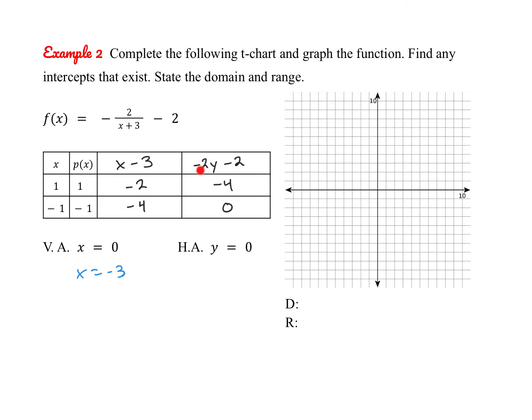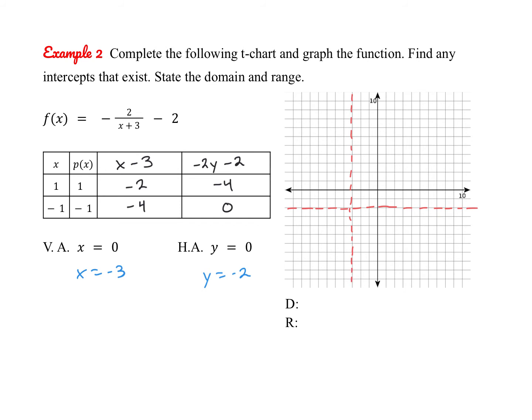The negative 2, when we multiply it, won't affect our asymptote. The only thing that will affect a horizontal asymptote is a shift up or down. So when we subtract 2, we get that shift down. So here's our horizontal asymptote at y equals negative 2, and here's our vertical asymptote at x equals negative 3,